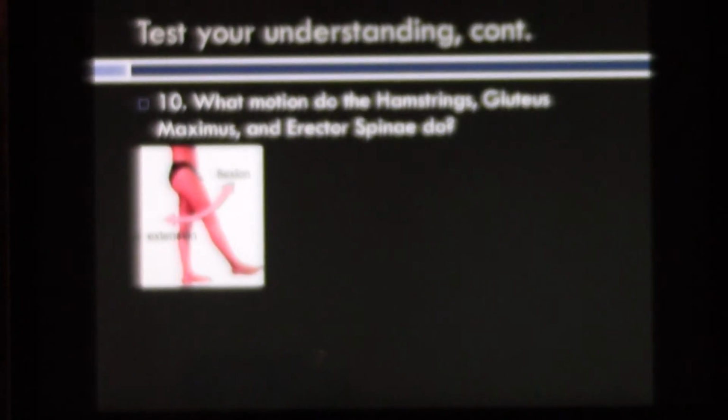Okay, so now this one. What motion do the hamstrings, gluteus maximus, and erector spinae do? Just in case you don't know, the hamstrings are that big muscle group in the back of your thigh. Your gluteus